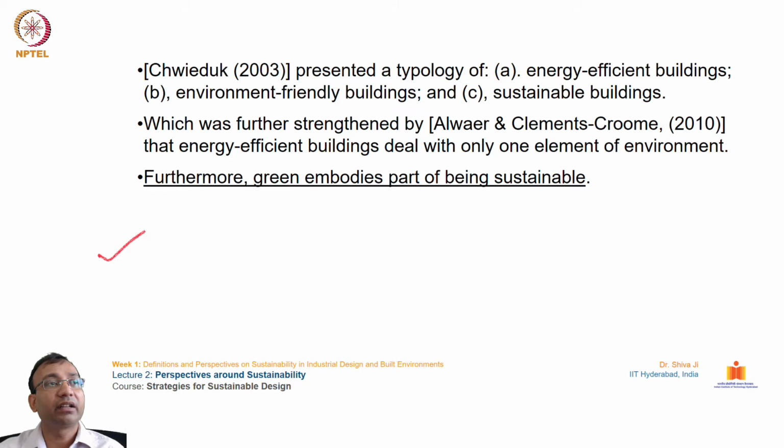Okay, and then there are environment friendly buildings, which talk about more than energy. Energy is just one aspect of the whole thing. So in energy, for example, when we consider electrical appliances or home appliances, they come with BEE star ratings. From 1 to 5, they are rated on the star rating. That rating is only for the energy savings.